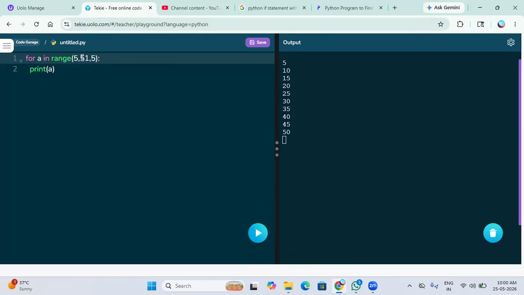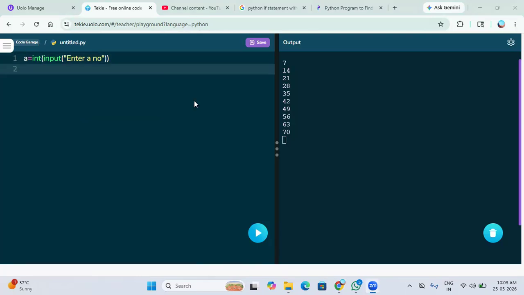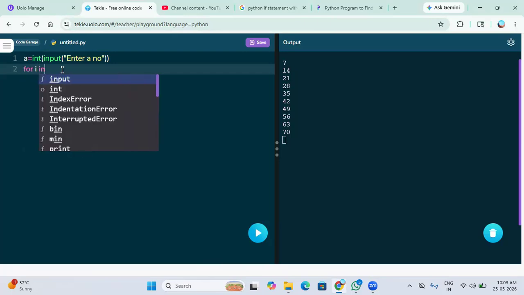Correct? Similarly, let's say you want to take a number from a user and you want to print the table of that number, right? So a equals int input, enter a number, right? So first we have taken a number from a user. Now for i in range